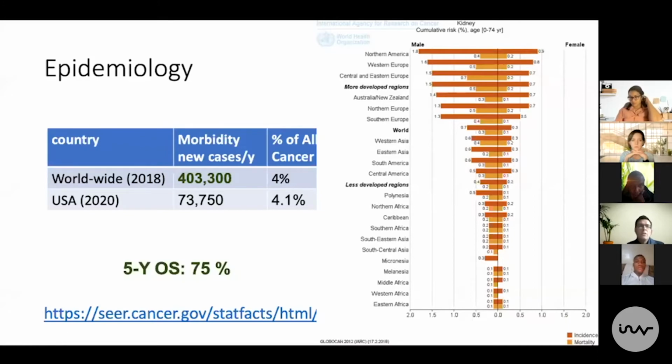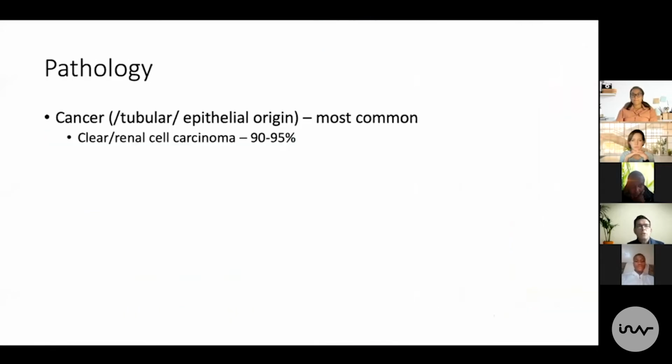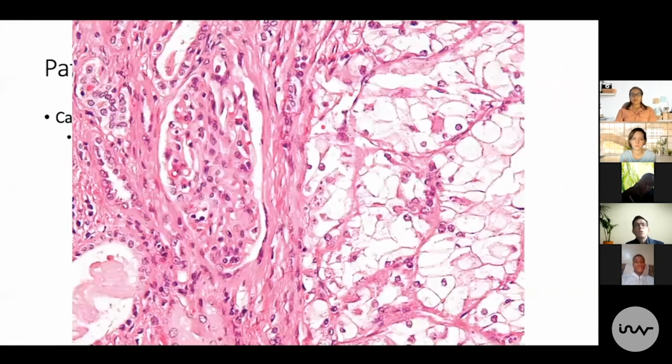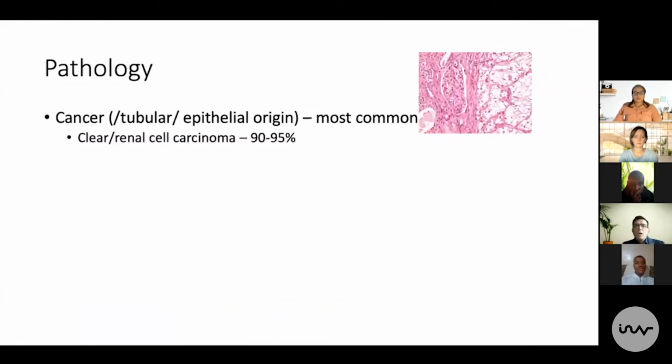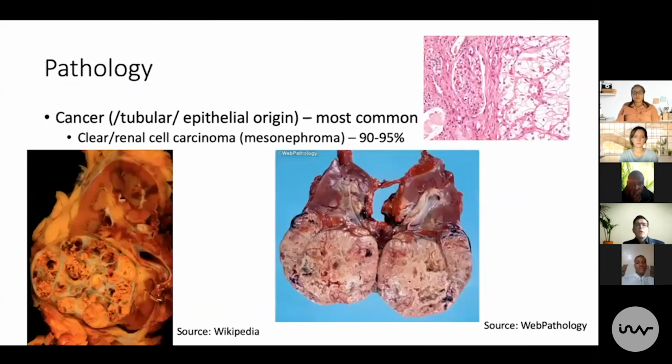We have seen some of the symptoms which can trigger diagnosis. So pathologically, we have seen the clear cell carcinoma, which is actually 90-95% of all renal cancer cases. It's the most common form, and it's called clear cell cancer because the cells have this unstained nature in the hematoxylin-eosin staining in the micrograph. Further types,